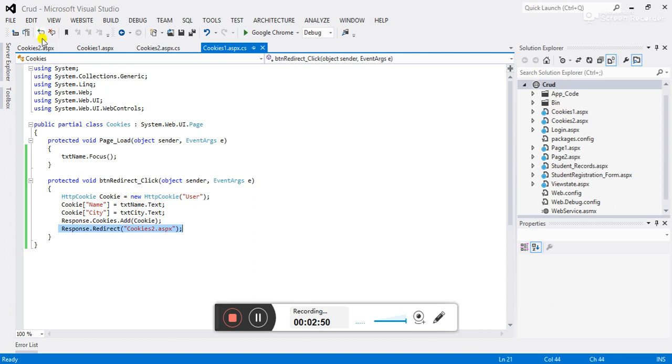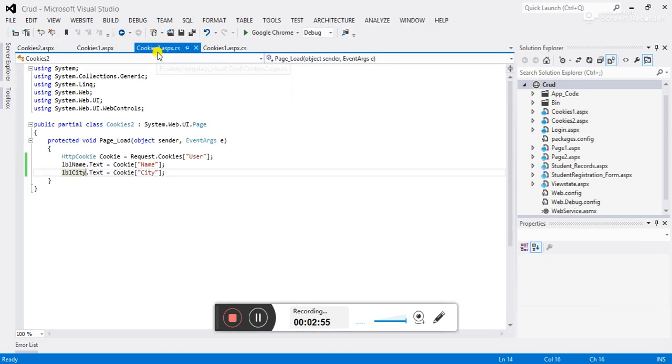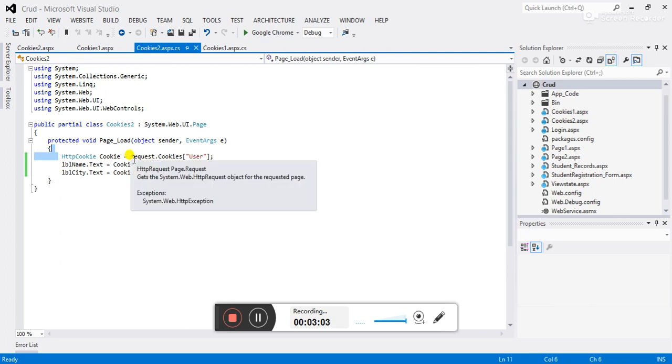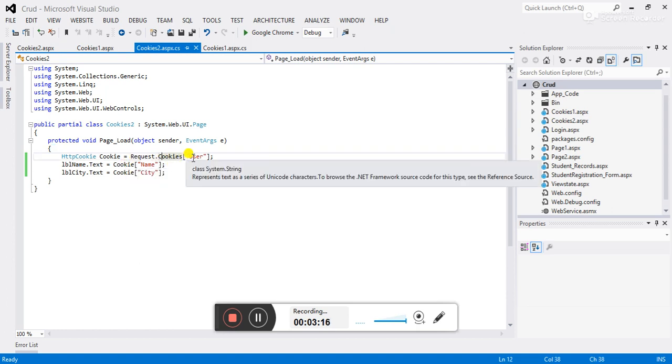Now go to the next page cs file. On page load, I want to read all the required values from the cookie. Likewise, you know that if you want to read values from the query string, we use Request.QueryString. In the same way, to read the value from the cookie, we use Request.Cookies and pass the name of the cookie.